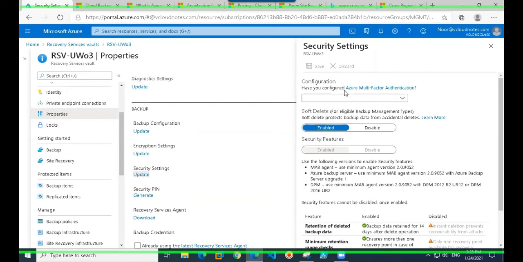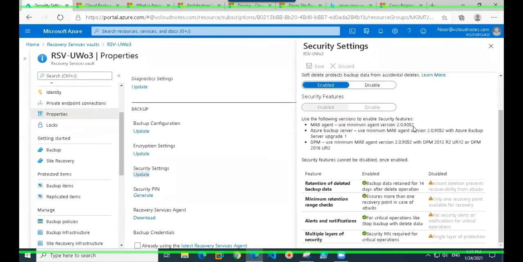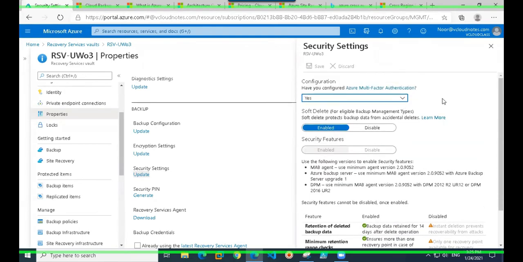Okay. So as you would see, there is one option, right? Have you configured multi-factor authentication? Yeah, we did that in our environment. Okay. So if you select yes, then it would give you one more option where you can put some pin code, right? And with that pin, wherever you are making some critical changes from backup configuration, you would be prompted for that pin. So it's that only. And basically you would see this in use when you have Azure Backup configured for your on-prem environment. So let me cancel it.